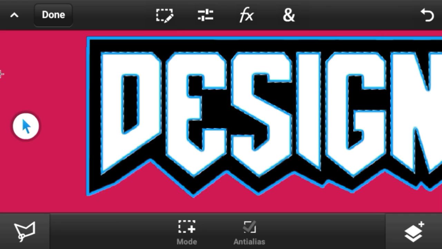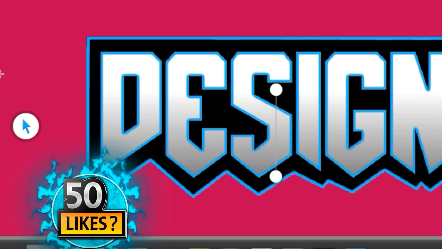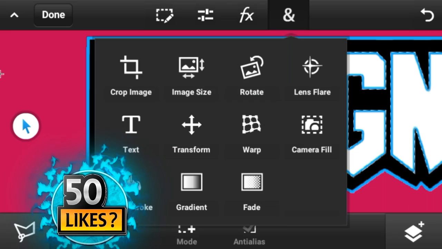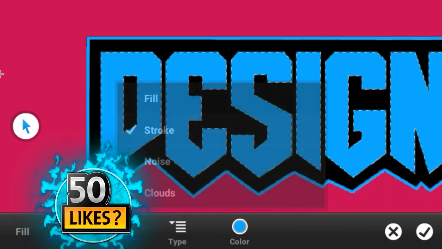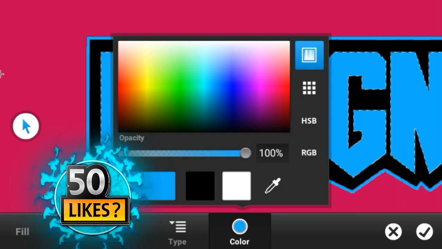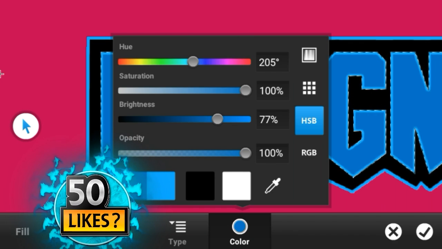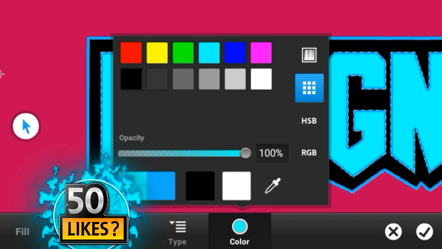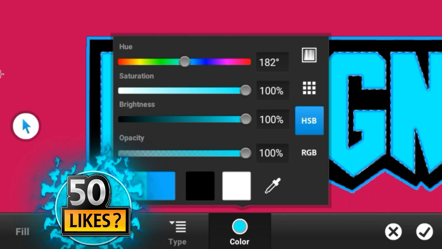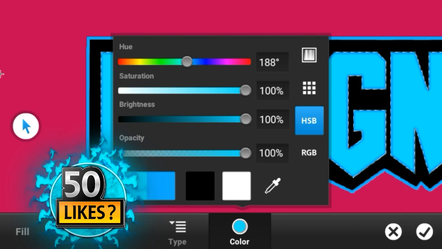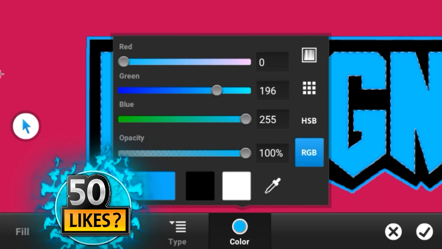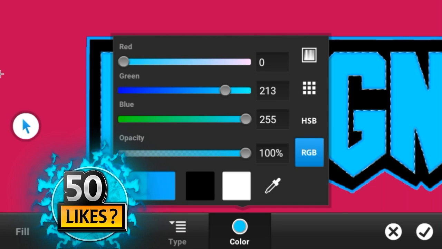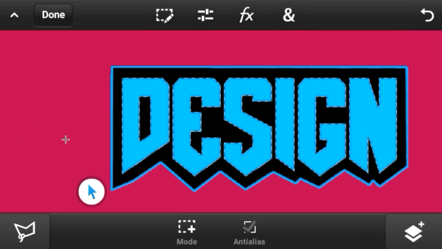And after that you have to select a pixel of text again, and then you just have to put any color that you want. I'm gonna put in again a blue, but make sure it's not exactly like your outline. So I'm gonna choose this blue and make it a bit more bluish. Oh my god, this is too much blue. This is looking okay. Let me just do something like this. This is looking okay. So when you're done with this,